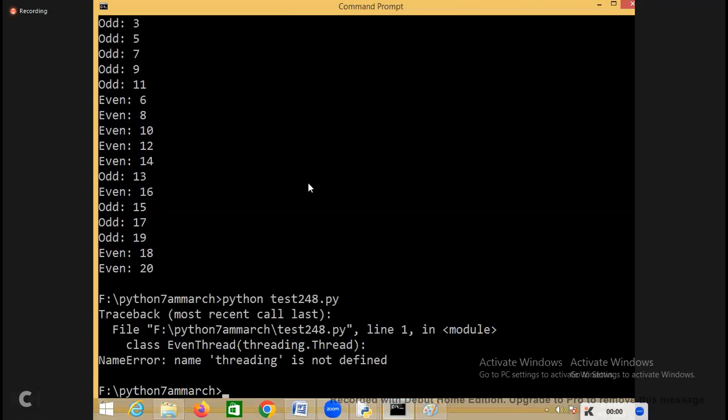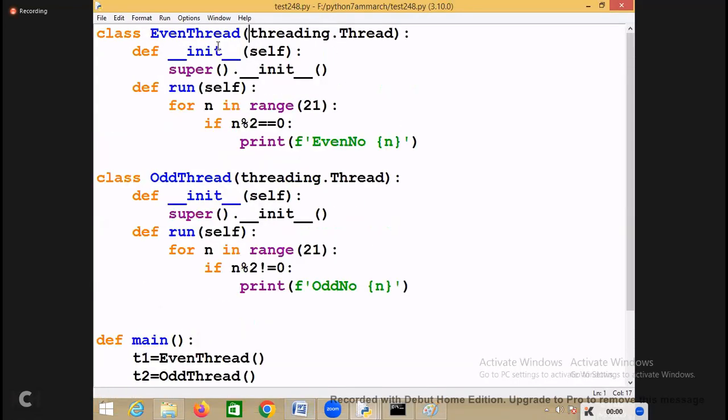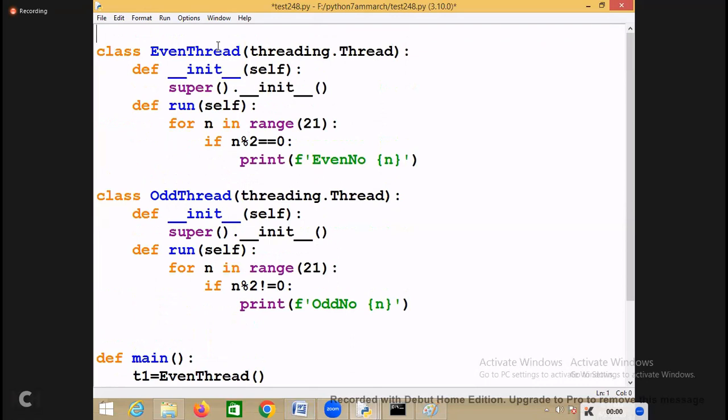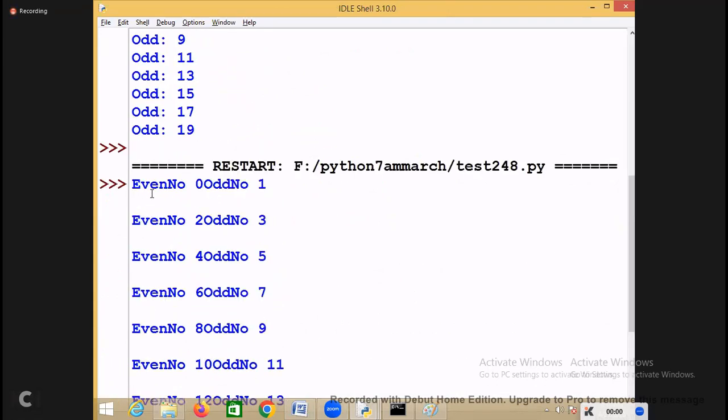So there, we have to import, so which module here? Threading module. We have to import the threading module. Now you can execute here. See, ideally also you can execute, but it will not